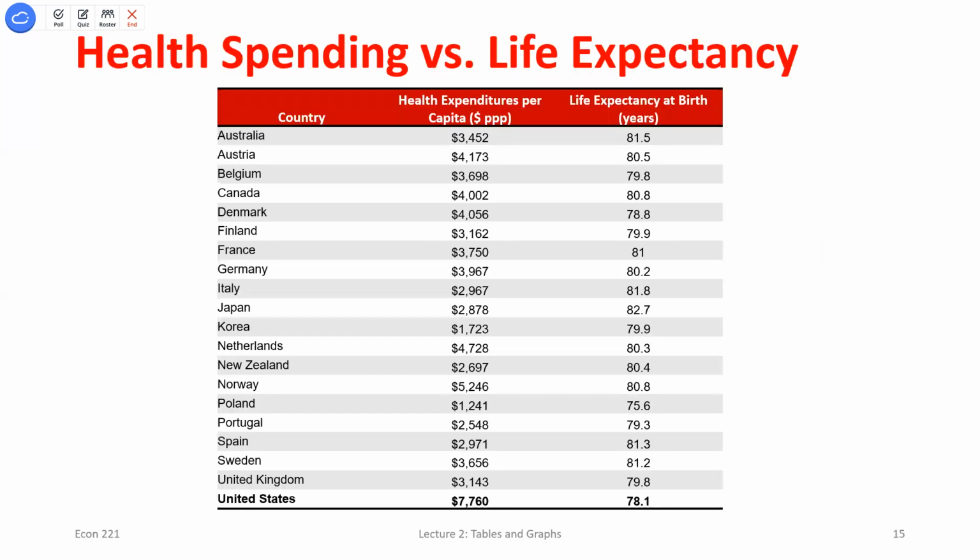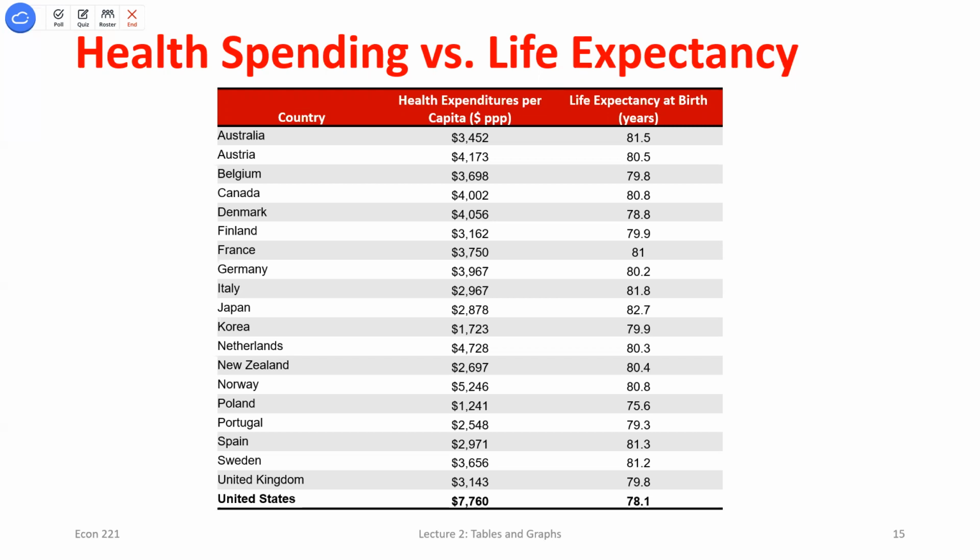I've got some data here. We'll look at some different data in Excel where I've got a bigger data set, just to show you we can do this with anything. So I have different countries. I have their life expectancy and health expenditures per capita. We have their life expectancy. I might think, okay, if they're spending more money on their health, then hopefully life expectancy would be higher. I think there's probably a positive relationship between these two variables, but I don't know.